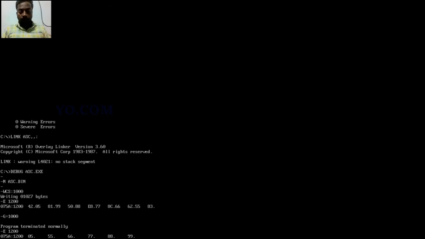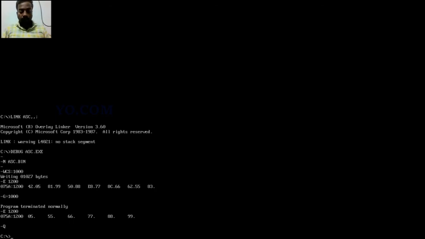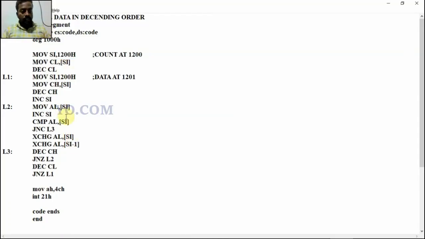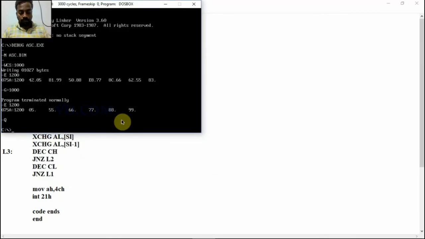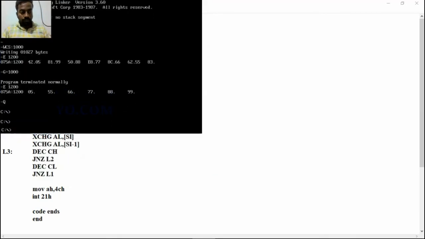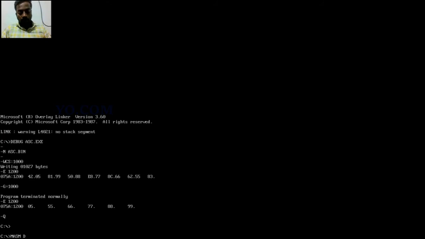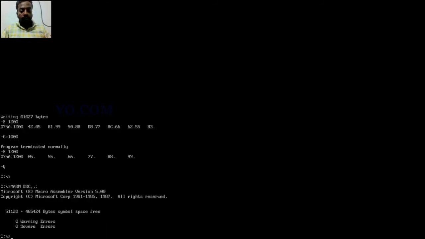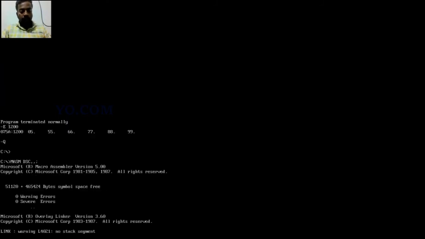So just quit this command window. For descending order, it is the same program. Here also the input memory address is 1200. DSC; no error, no warnings, link DSC; okay.